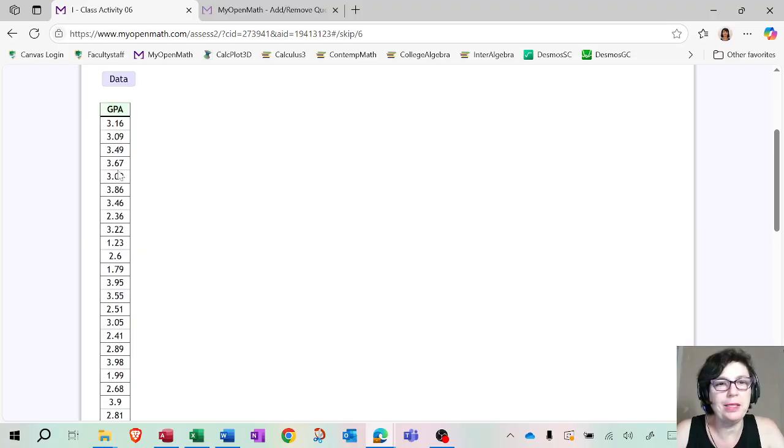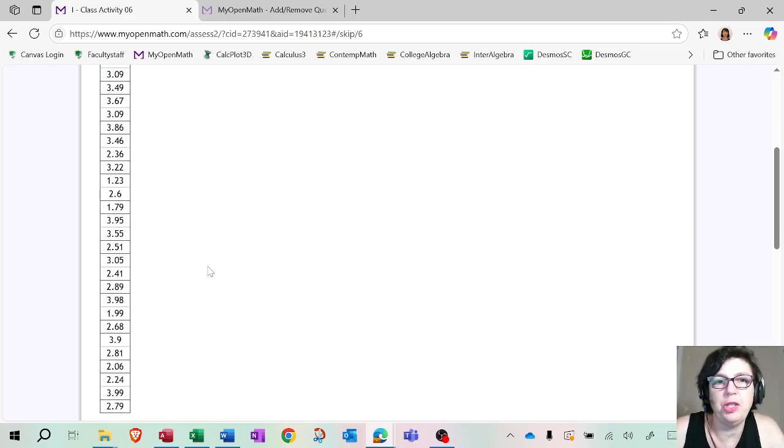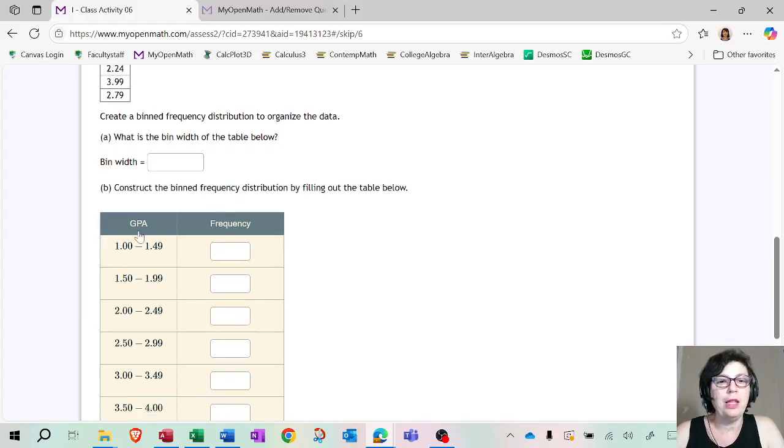But it wouldn't make sense, like in the case of counts, like 0, 1, 2, 3, to actually count each observation, right? Because none of them repeat, maybe a couple of them repeat, but this is really not a good idea. So you're not going to get a big view of your data if you're just going to list each number and how many times it happened. So we need to combine the data into these intervals, okay? Or they're also called classes.